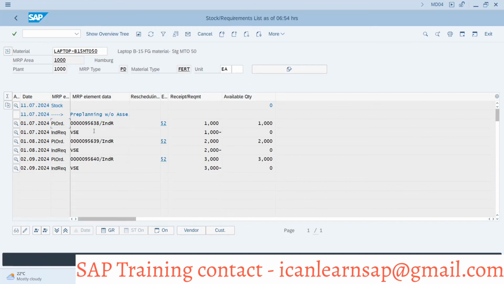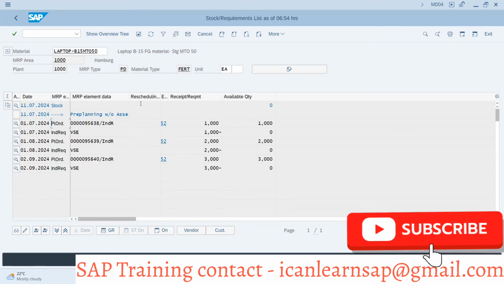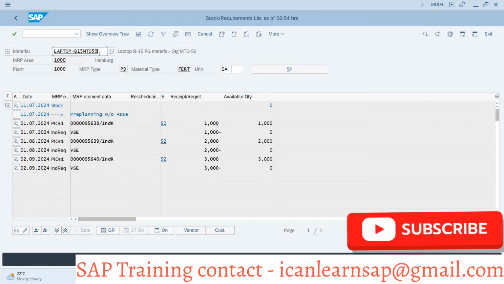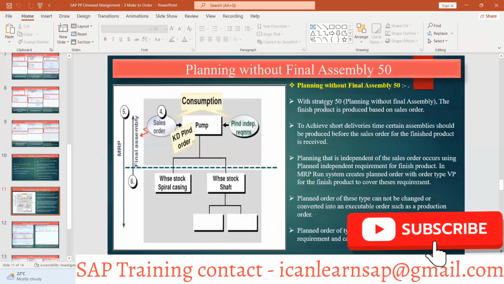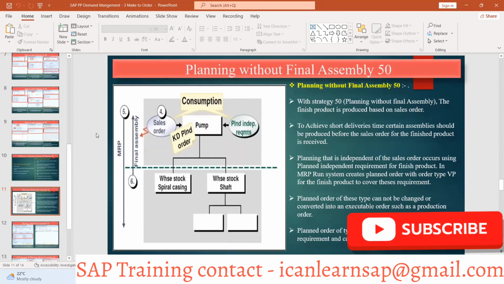Once we have a sales order, then we can have the planned order converted into the production order. So this might be your interview question: why are we not able to convert the planned order in strategy 50? Because the order type is VP over here. This order type is configured like that. We cannot convert this planned order into the production order unless there is a sales order. Okay, clear? Clear team with strategy 50? So let us understand strategy 50, planning without final assembly. You remember we learned